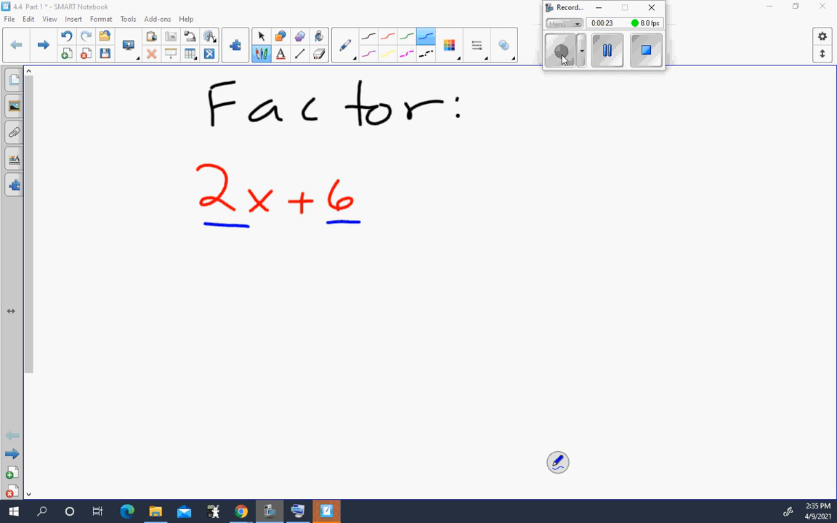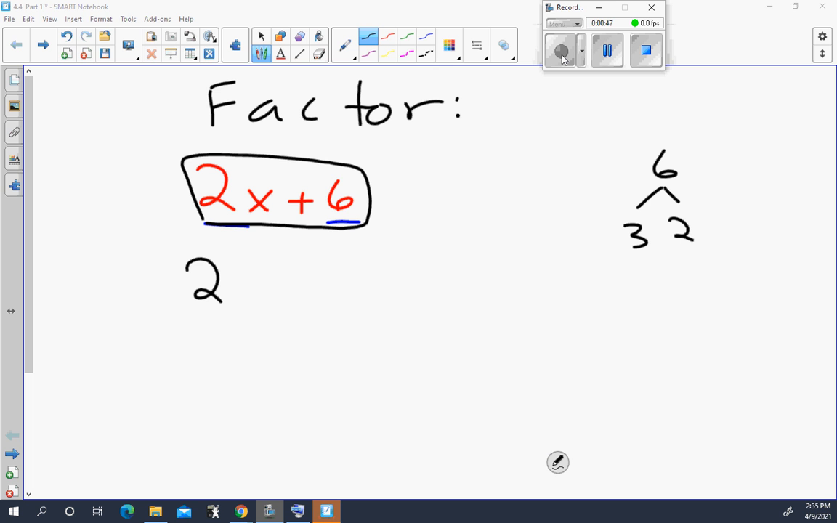Okay, what do those two terms have in common? Well, 2x and 6 both have a 2 that we can take out, right? 6, we can break that down into 3 and 2. So 2 is definitely in 6. So I'm going to take a 2 out of this entire polynomial. Okay, and when I take a 2 out,